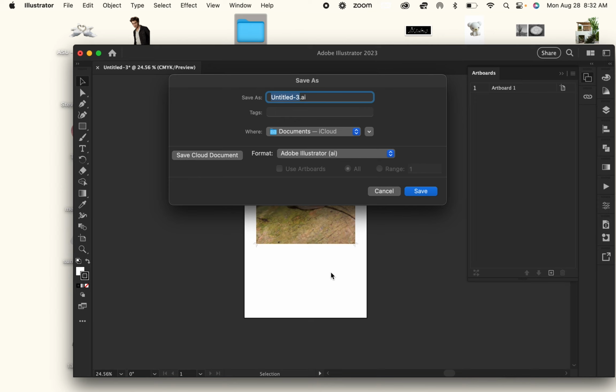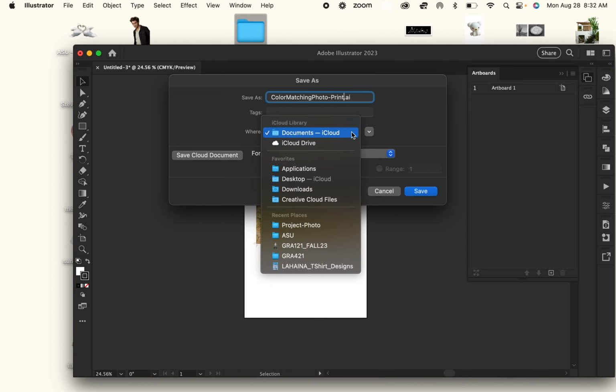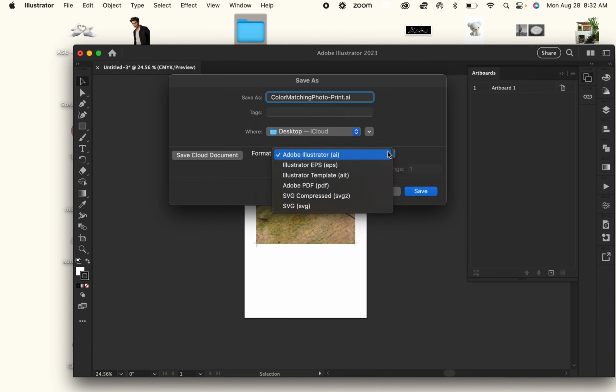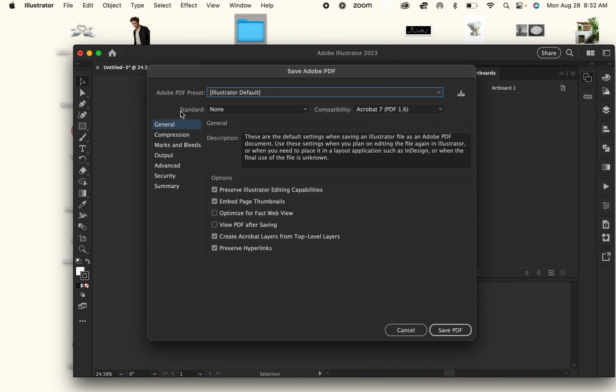Make sure you're saving it again, either to your desktop and then moving it to the folder or directly to the folder. And just make sure to label this one print so that you know that this is the one that you're going to be printing out. In my dropdown, I didn't have the option to save it directly to the folder, so I just saved it to my desktop. And then double checking it's Adobe PDF export,